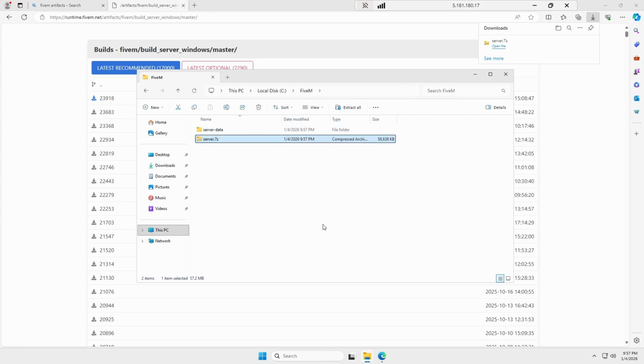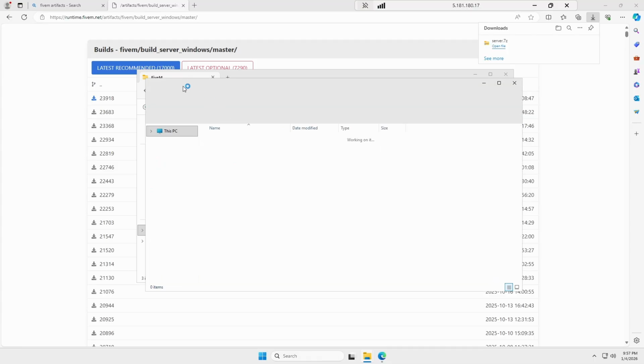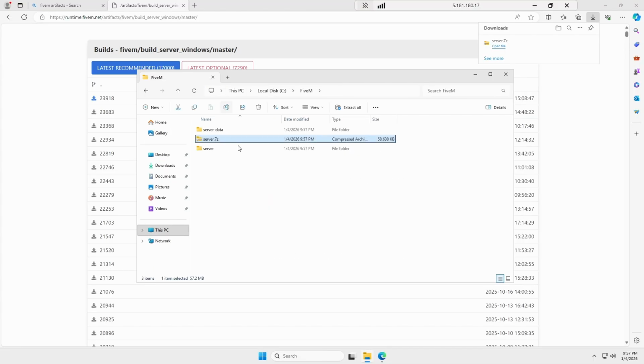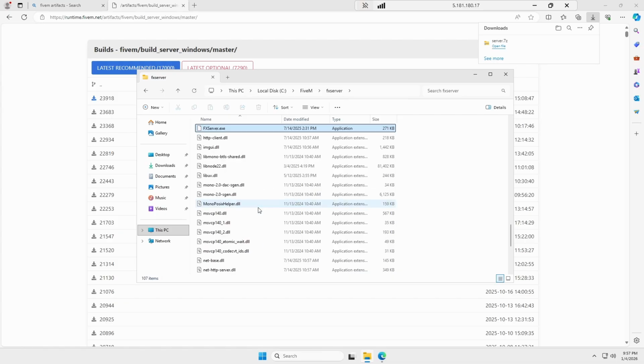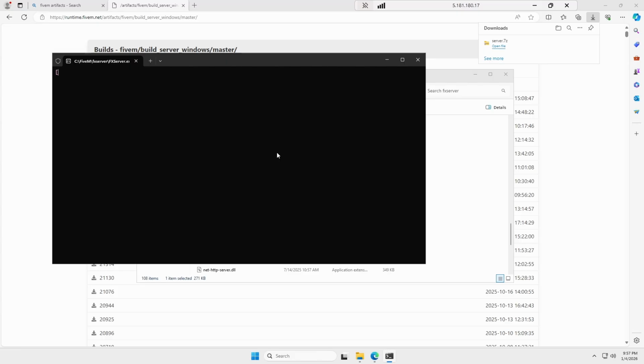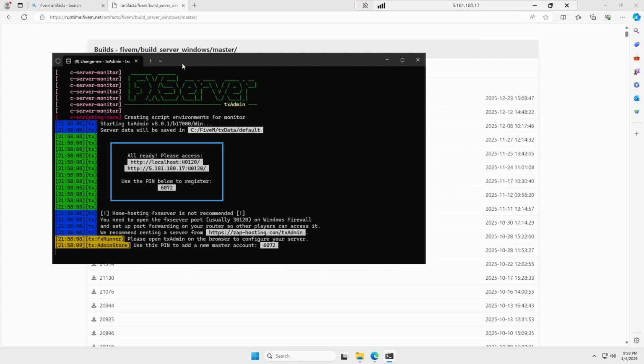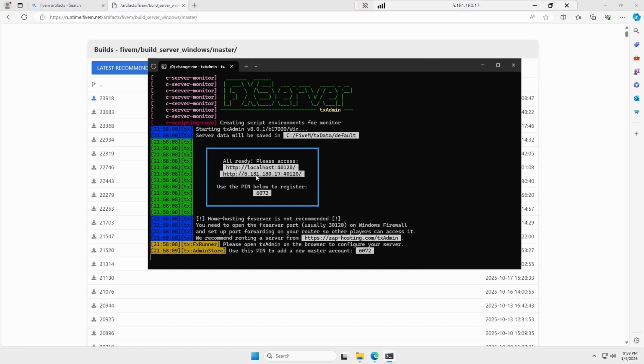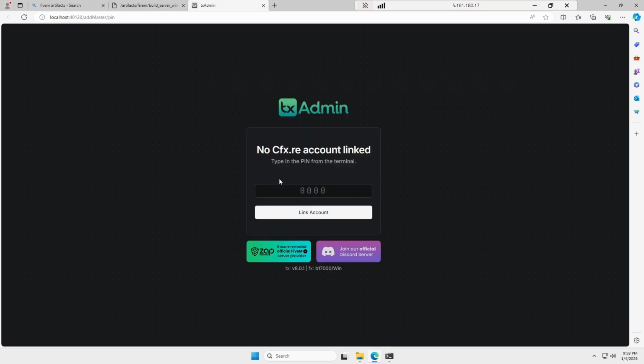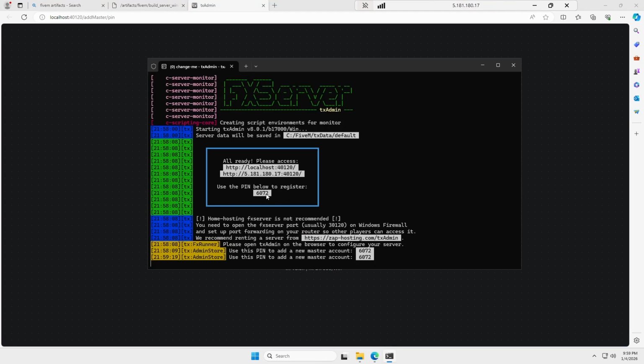You want to extract all files from there. Alright, after it has extracted everything, let's rename that folder to FXServer. Delete the old 7-zip folder, go into FXServer, search for the FXServer.exe, run that, and it should start. So then you should see this. If it doesn't auto open this, just hold Control and click on this here, and put in the 4-digit PIN code